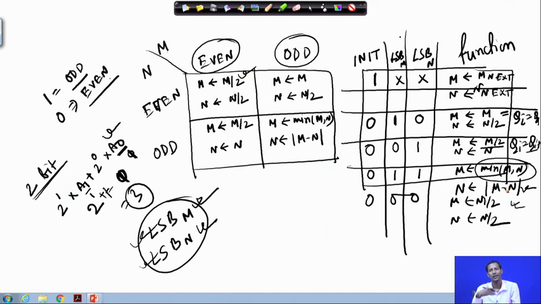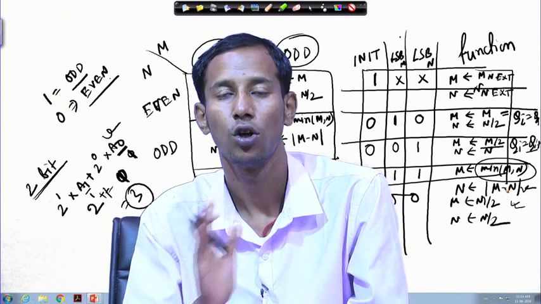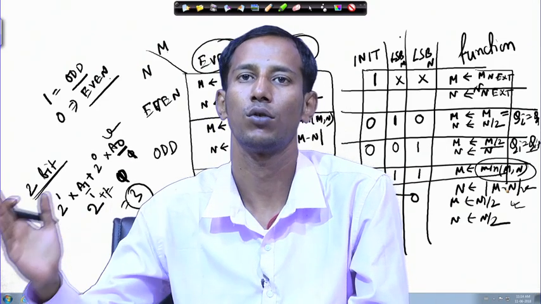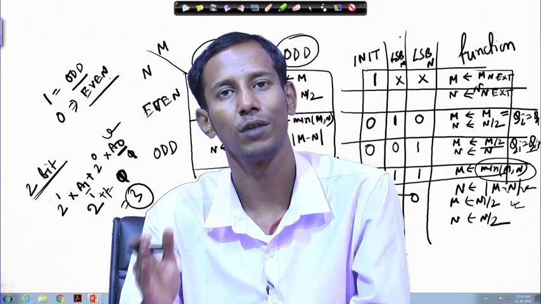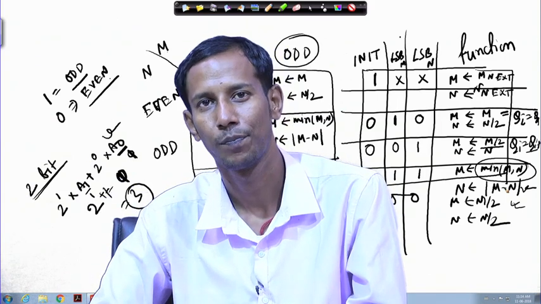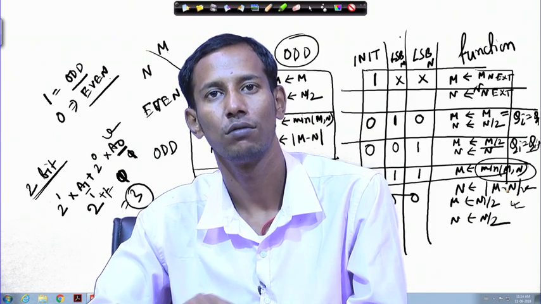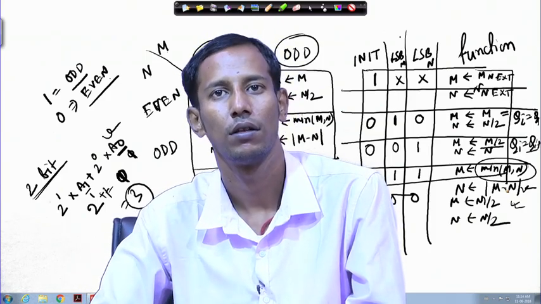Now, it is the same way we did in the earlier case. We found the operation table, and from that operation table we got the truth table. So, this is something like a truth table. From that truth table we will try to find out the expression, and from that expression it will be converted to the architecture. So, for today this is it. In the next class we will continue with this particular example. Thank you.